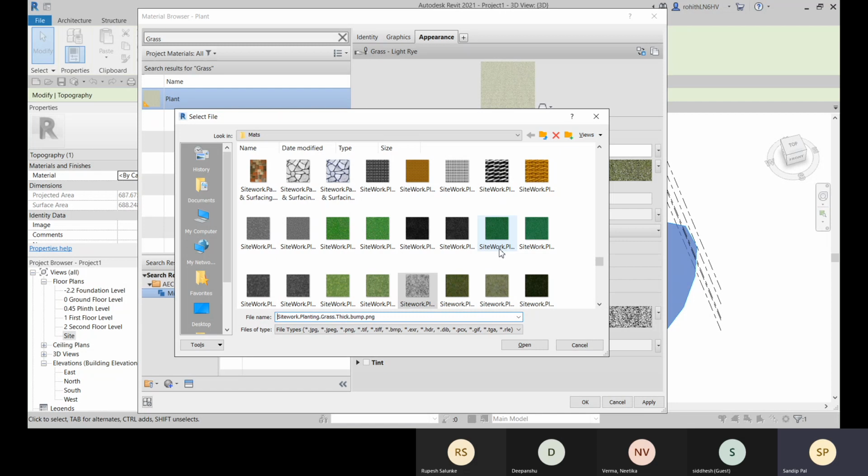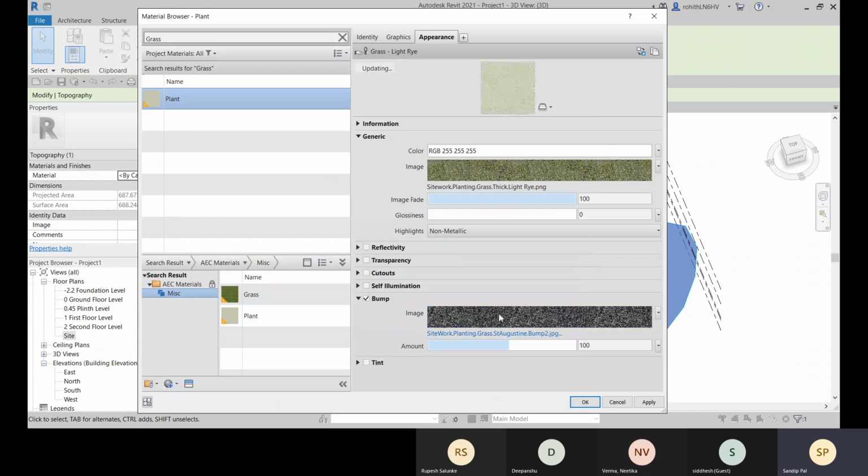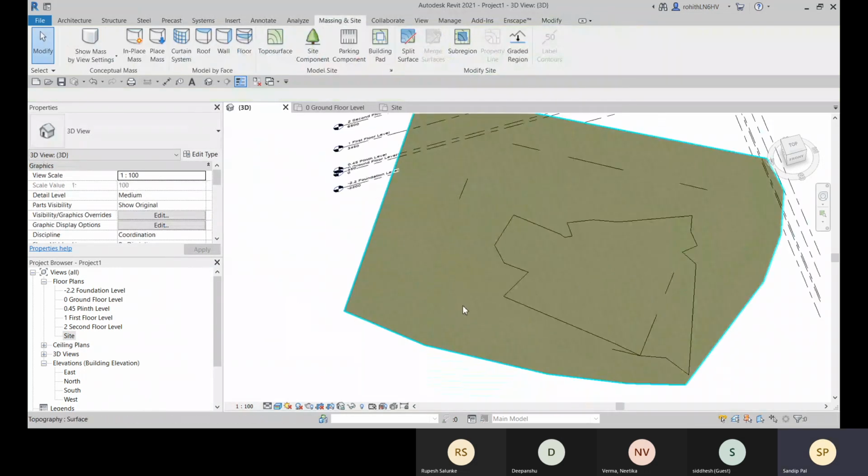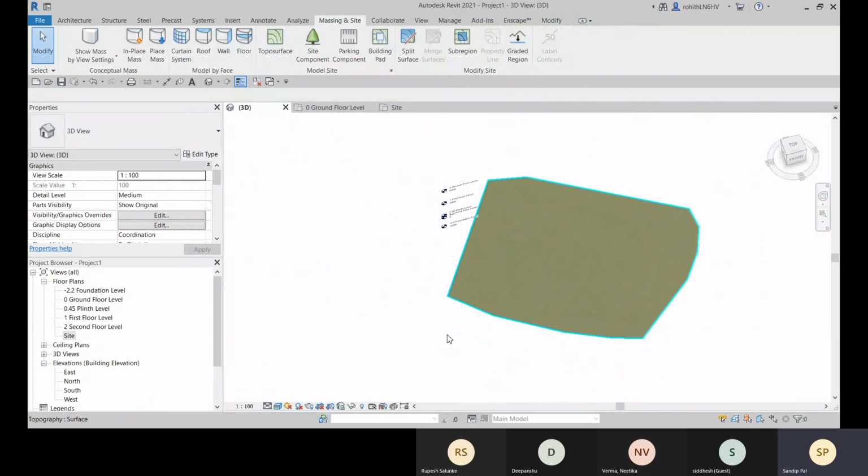Or else, without selecting a bump image, you can choose another image file like this one or this one. Okay, so I'm going to select this one, and then click on open. All right, and how much bump effect will there be? So you will apply this amount, and let me click on open, click on OK. And this is the material applied here.